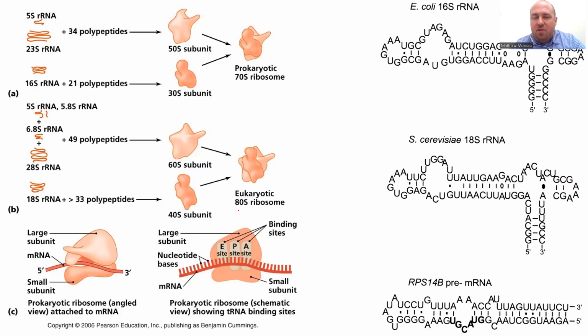So, as we'll remind you, the ribosomes between eukaryotes and prokaryotes are very slightly different. Prokaryotes produce a 70S ribosome, whereas eukaryotes produce an 80S ribosome. This is because the large and the small subunits are distinctly different in the amount of rRNAs and types of RNAs, as well as polypeptides that create them. So these differences in combinations result in slightly different